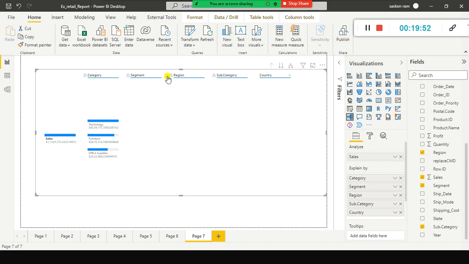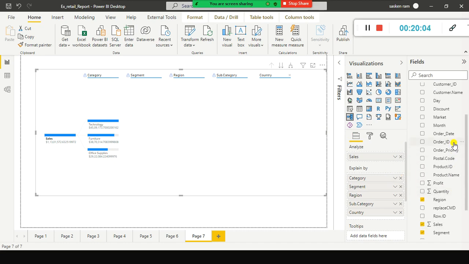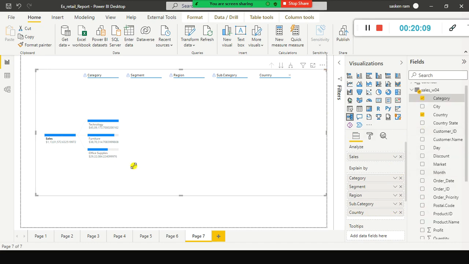So the lock is available. You can unlock it during the time of development, and once you unlock it, you can do extensive analysis. You can drag and drop more columns, for example order priority. If you want to do multi-dimensional analysis, that's what we can do with the decomposition tree. That is the beauty of this one, though it has some limitations. You cannot have more than 50 levels in your decomposition tree. Up to 50 levels you can have, beyond that you cannot.